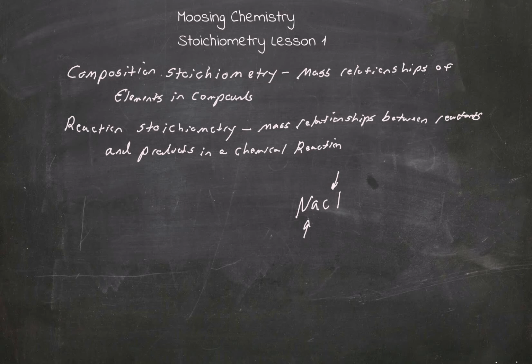Today we're going to focus, however, on reaction stoichiometry. Reaction stoichiometry is a little bit different. It's the mass relationship between reactants and products. In an earlier lesson, we talked about reactants and products when we were talking about balancing chemical equations. Remember that when we balance chemical equations, we have